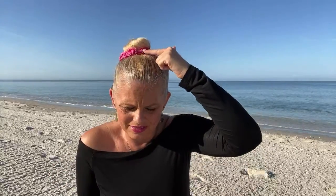But I don't often wear black, and I am wearing black today, but since I moved to Florida 13 years ago, I definitely wear less black and wear more bright colors. But black is a great base to wear pops of color, like wearing this or wearing some bright jewelry. I didn't put on bright jewelry today because I figured that my scrunchie was my accessory today. But if I didn't have the scrunchie,